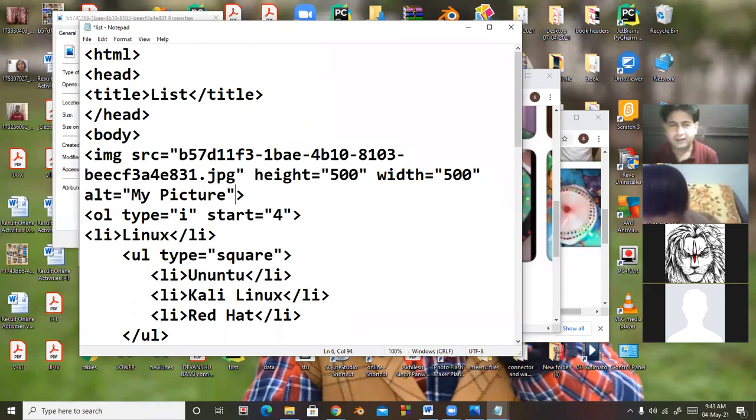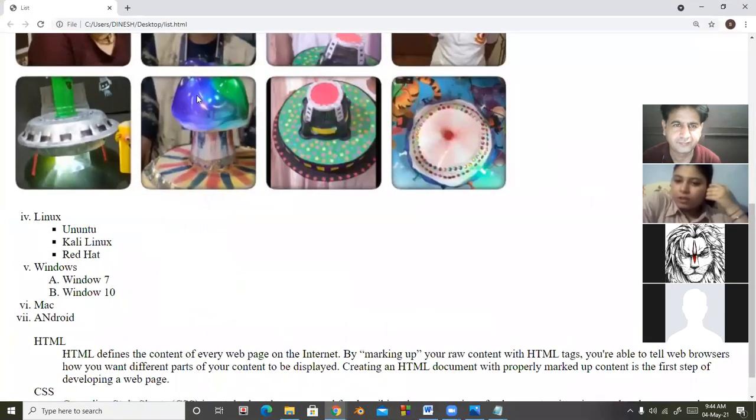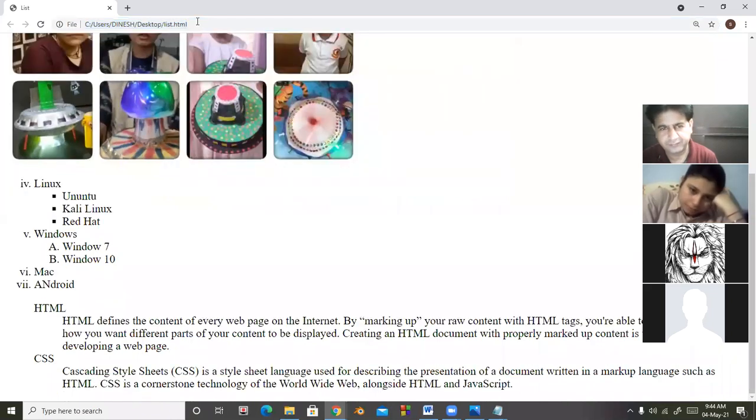Second, in some browsers, if the picture is inserted and we place the mouse on that picture, it shows a tooltip, a small text along with your mouse pointer. So I'm saving this. In Chrome, it is not showing a tooltip.